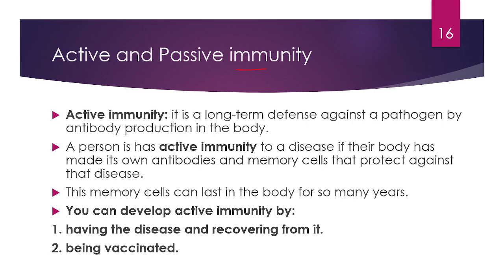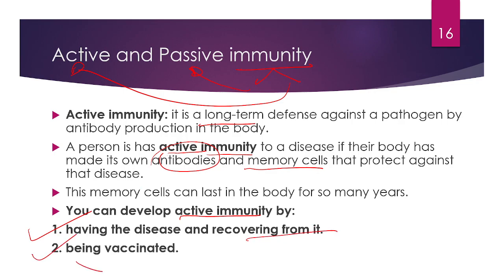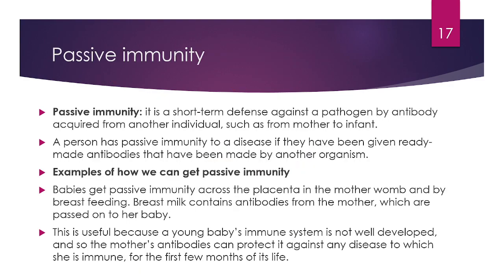Now, immunity, we have two types: passive and active. Active immunity is the long-term permanent defense against a pathogen due to antibody production in the body, and a person is actively immune to a disease if they have made their own antibodies and have memory cells stored. You can get active immunity by having the disease and recovering from it, or by being vaccinated. Vaccination is the weak pathogen, so you don't essentially have to recover from it. So yeah,